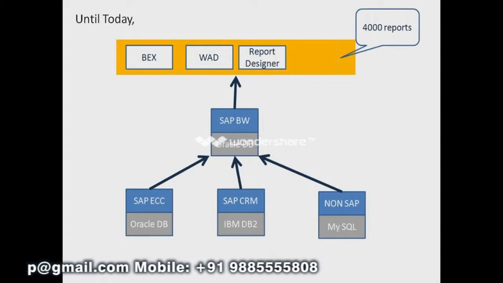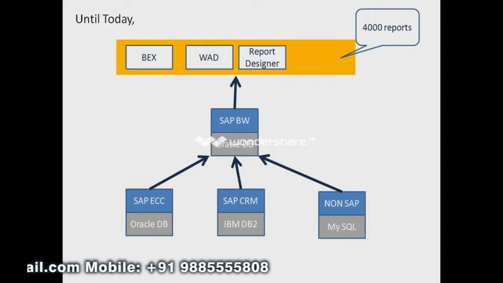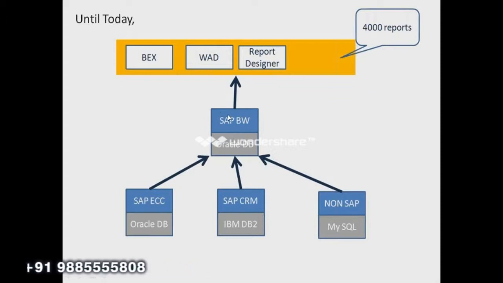And here we have an application called HANA Studio. It's the application where we can develop the models within no time, and we can use those models for reporting. That is the reason I have created a small square here and written HANA Studio. HANA Studio is the application where we can create the models, and on top of those models we can create the reports using Business Objects OLAP tools. And this is the traditional way which we are following.